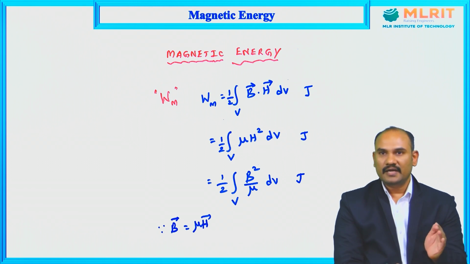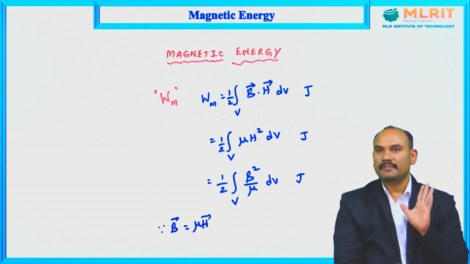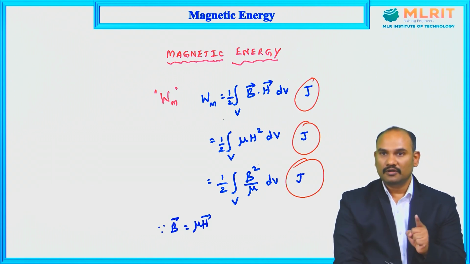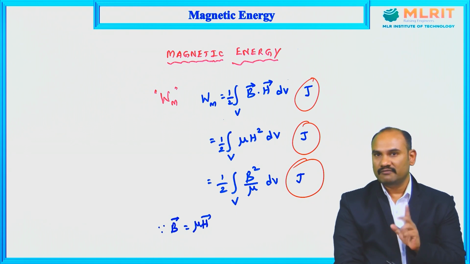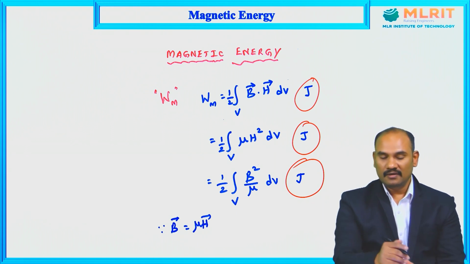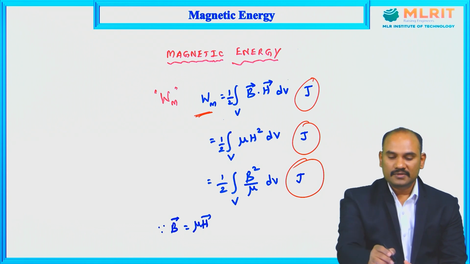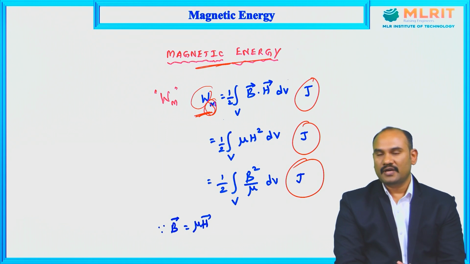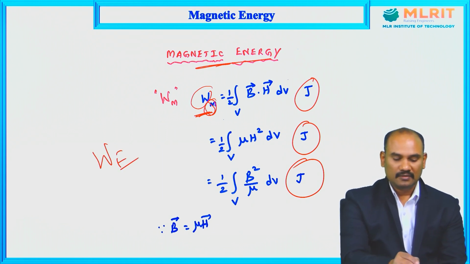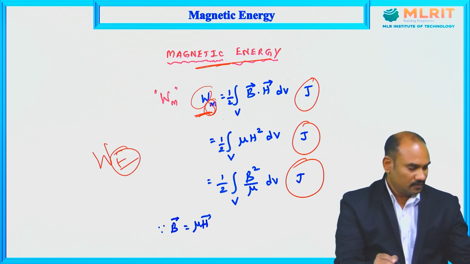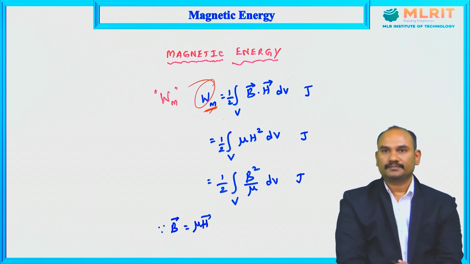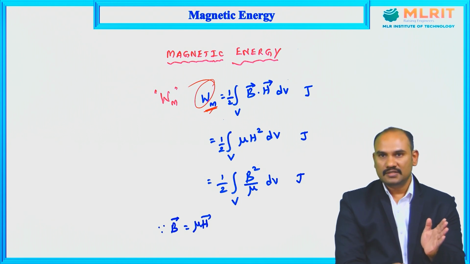Whether it is magnetic energy or electric energy, the unit will be the same. Joules. And you observe the unit of work done and unit of energy will be the same, joules. What is the reason? Even in this expression, if you observe carefully, I am saying energy, but I am writing here W. Of course, M stands for magnetic energy, because in the first unit you have electric energy. There we have written WE. E stands for electric. Here M stands for magnetic. That's a different thing. That is a subscript. Now W, I am writing this W because work done unit is joules, energy unit is also joules. How are they connected?